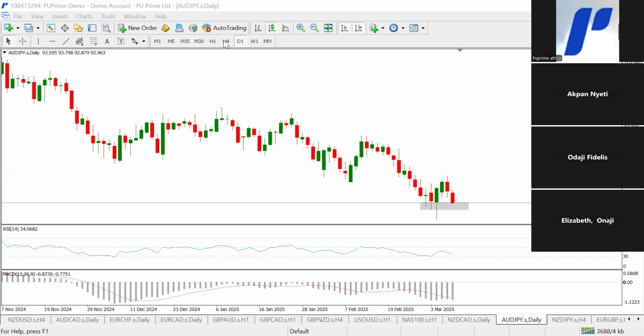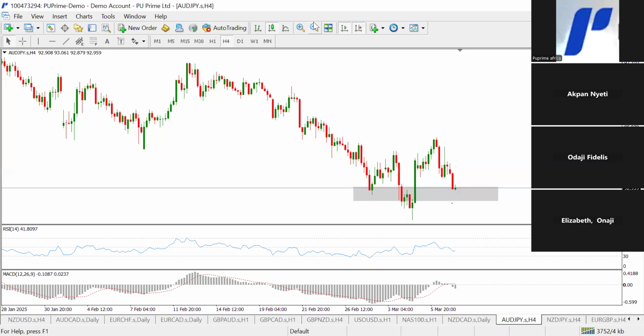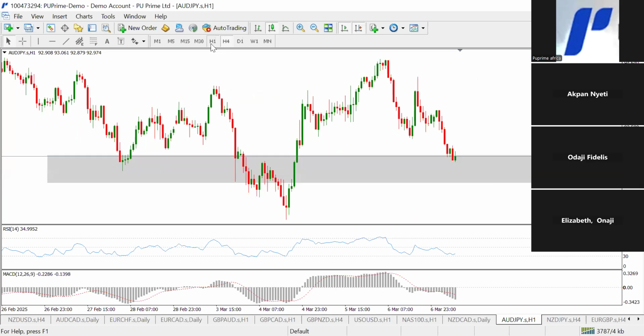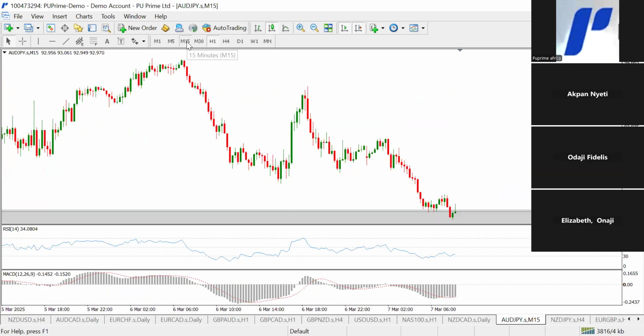So go to 4-hour. Now, on the 4-hour, I've seen right from the beginning of the week, like I've announced, we were seeing an inverse head and shoulder. So it's still very much in line. This is expected to trigger a bullish movement on this instrument. So price is at support, second leg of an inverse head and shoulder. We can just go straight to 1-hour time frame and look for a possible reversal. Okay, I'm not seeing a good setup on 1 hour. Let's go down to 15 minutes.